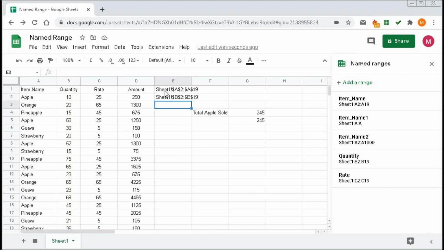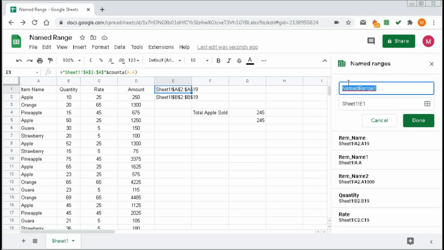Now we will use these references E1 and E2 and get the name range for item name and quantity. Click on the first cell E1 and click add a range and type here item name dynamic, and here the range is E1.